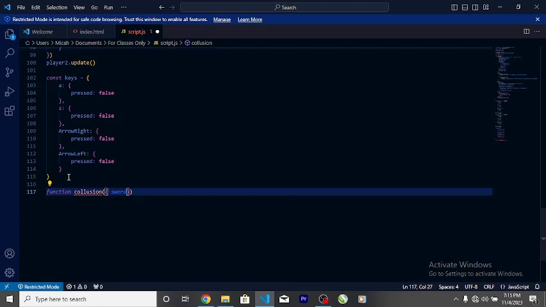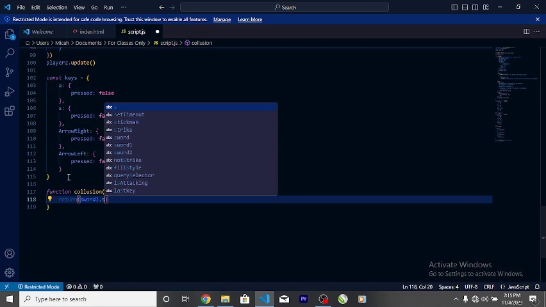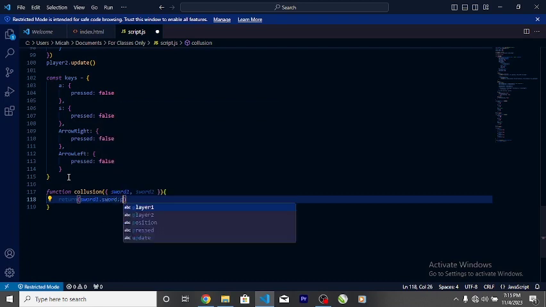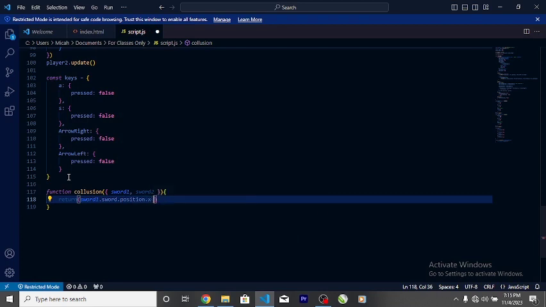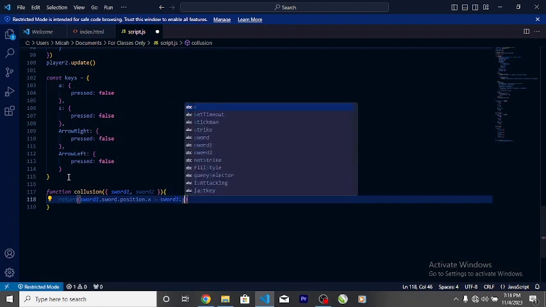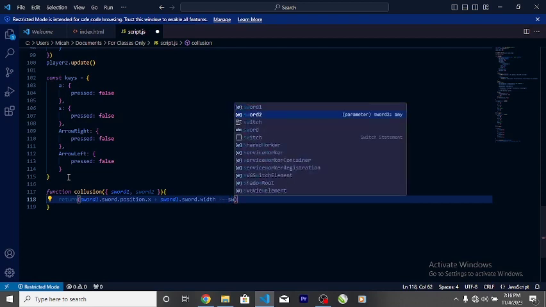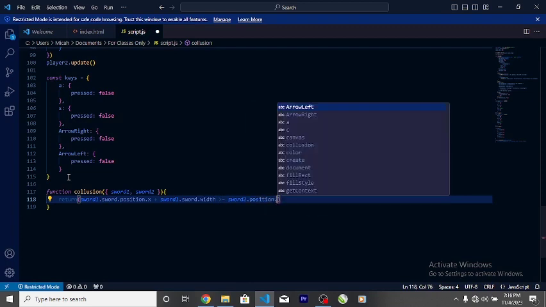Sword 1 is player 1's sword, and sword 2 is player 2's sword. Then we say return sword 1 dot sword dot position dot x plus sword 1 dot sword dot width is less than or equal to sword 2 dot position dot x,